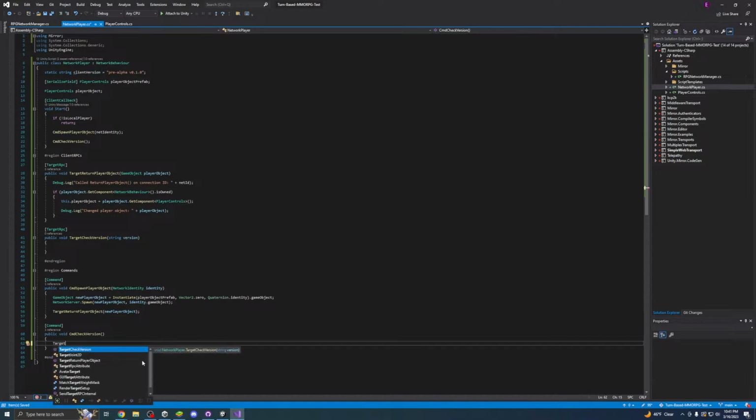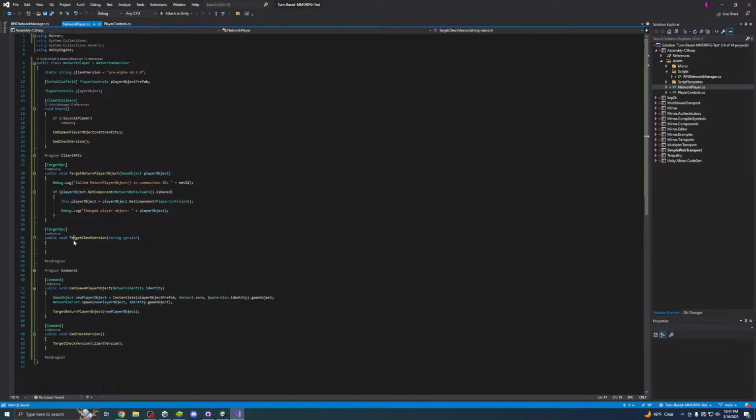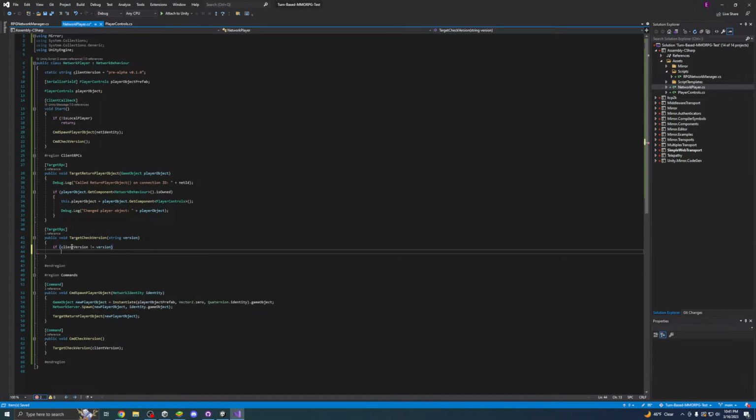Target check version client version. If client version is not equal to version, then